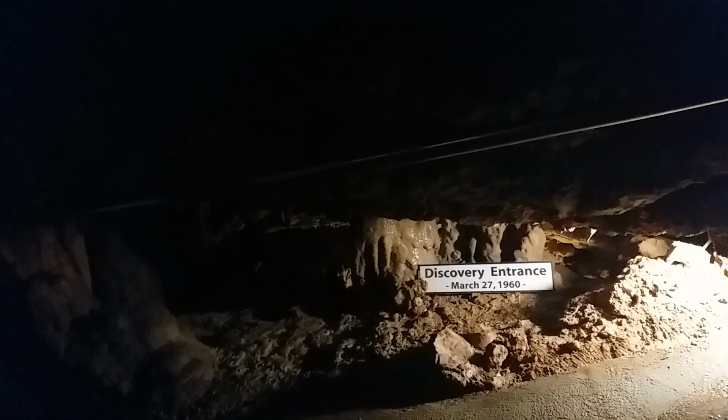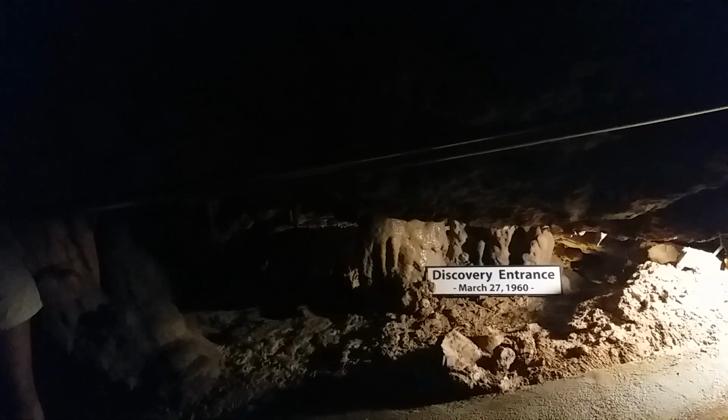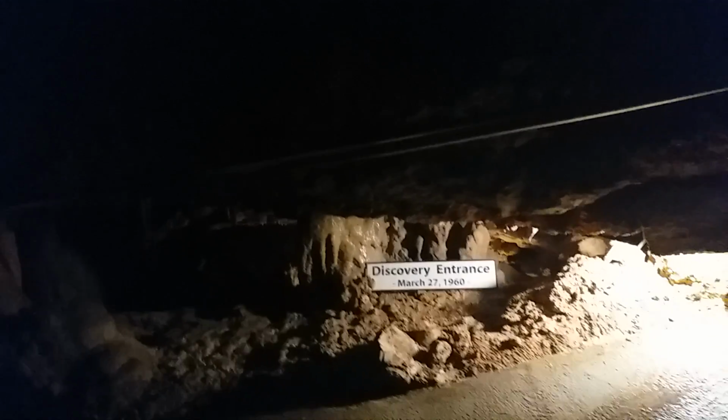Now, as I mentioned, we are going through St. Mary's Hall. St. Mary's Hall is 90 feet below the natural bridge, and it is named after the school that the discoveries went to, St. Mary's University. If you guys are rather tall, taller than me, you are going to have to watch your head. It does get pretty cramped down there at some points. I don't have that problem. I'm really short, but just make sure to keep that in mind. As well as at one point, there are no handrails, so please refrain from touching any of the walls. They are still natural formations. And it does get...